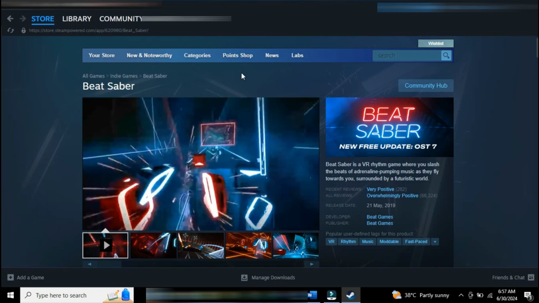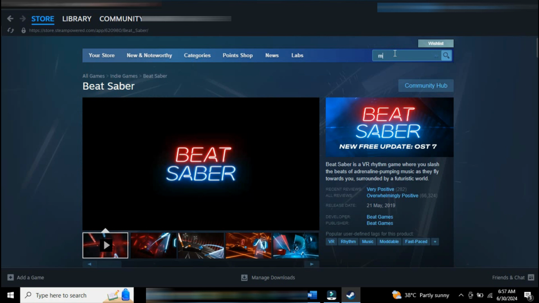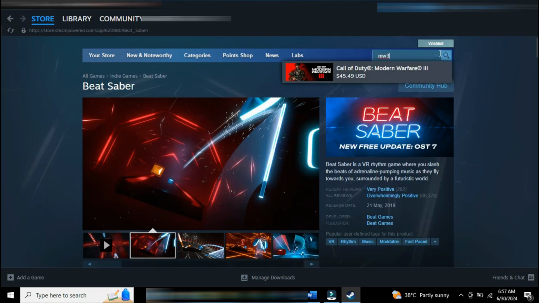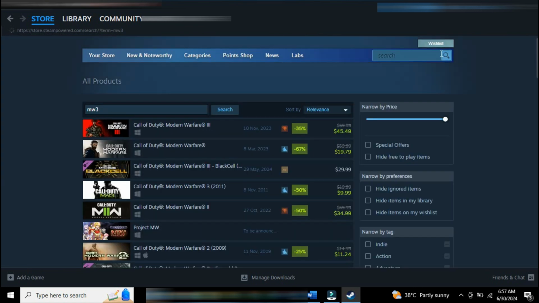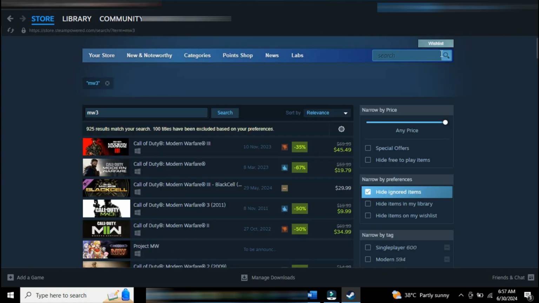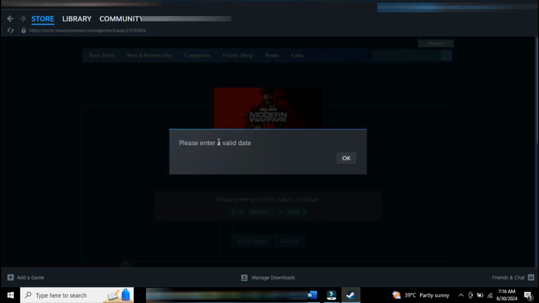In the search bar, type the game you're looking for, let's say it's MW3. Find the game in the search results and click on it to open its page. If you're encountering issues or need to refresh the game page, you can do so by clicking on the game